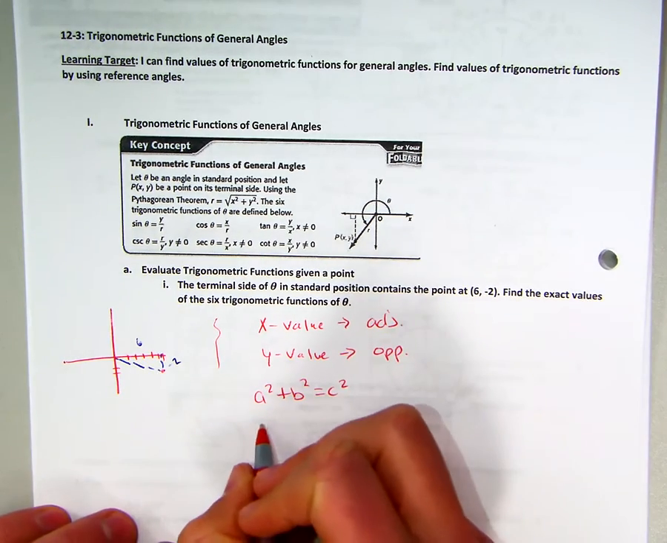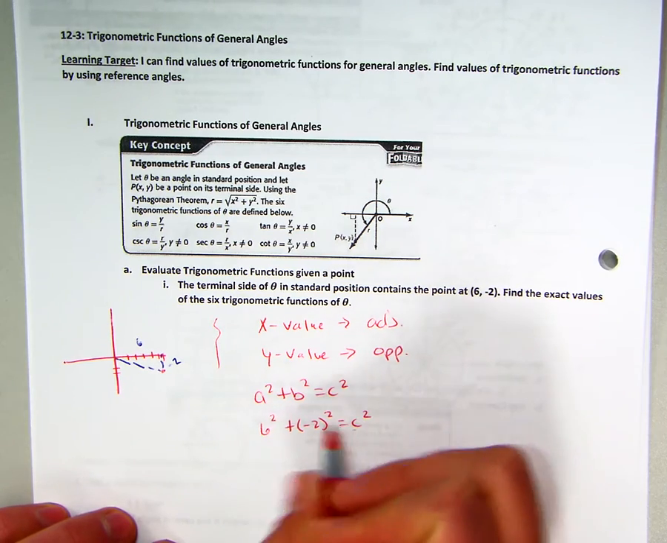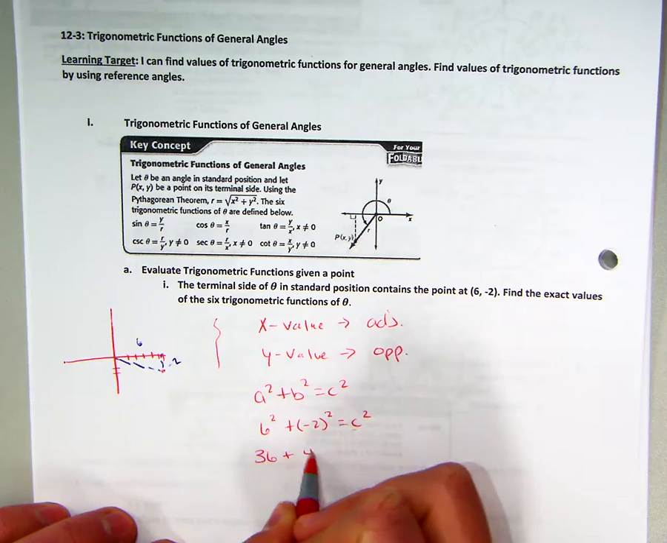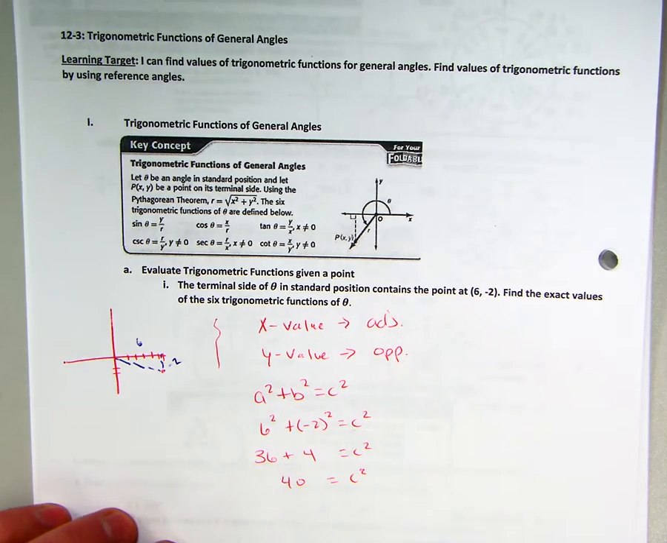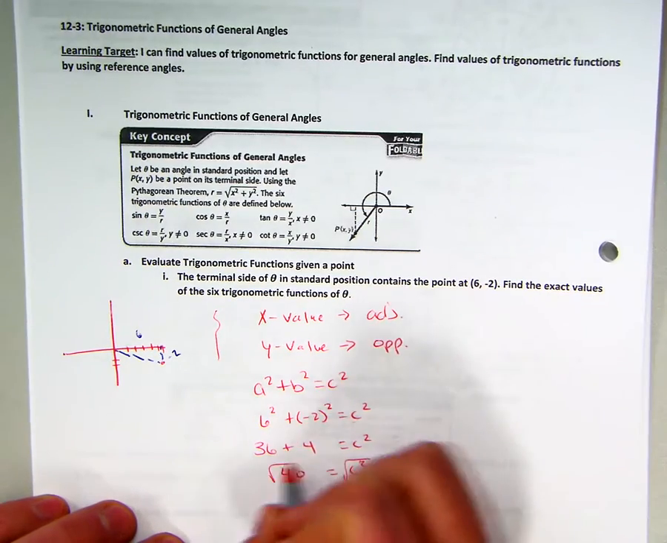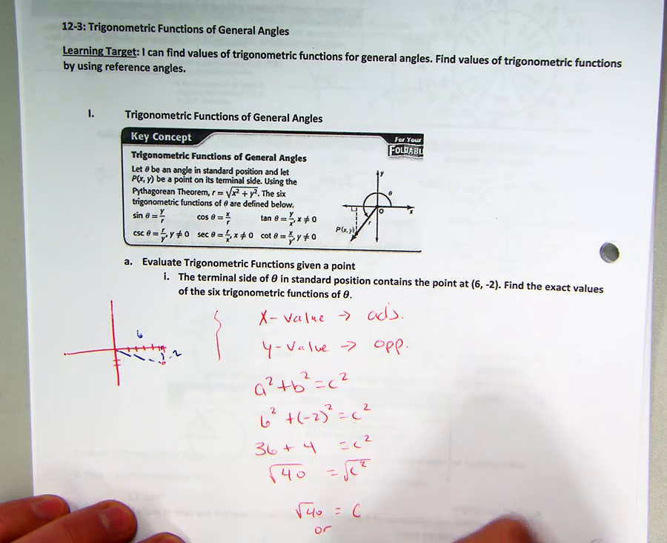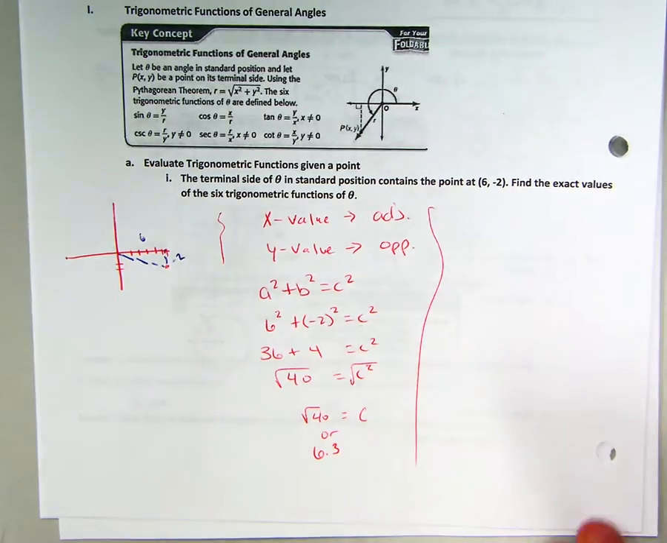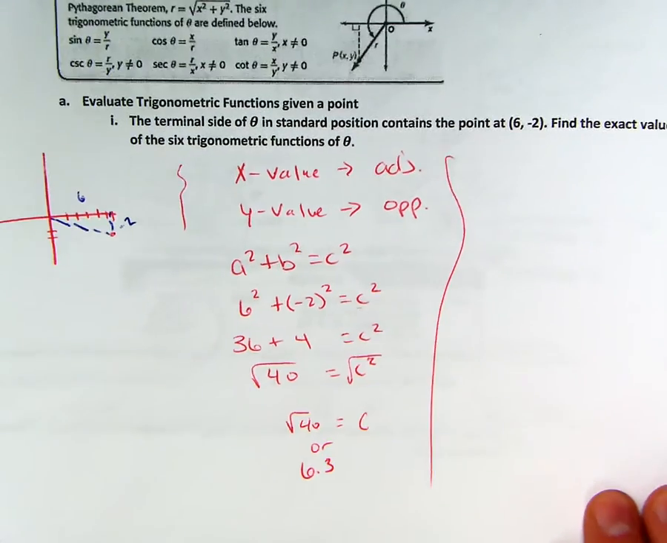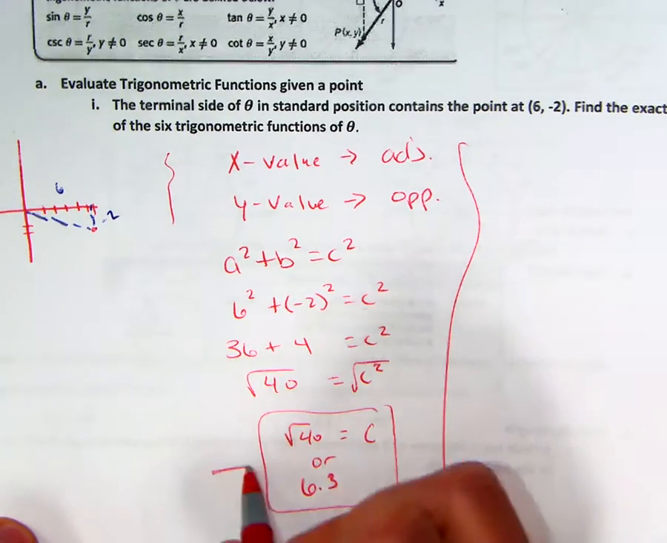So I have 6 squared plus negative 2 squared equals c squared. That's 36 plus 4 equals c squared, which is 40 equals c squared. And don't forget the square root at the end. And you get c equals the square root of 40, which is 6.3. All right, that's like doing the actual math work of it. And once we have the hypotenuse,